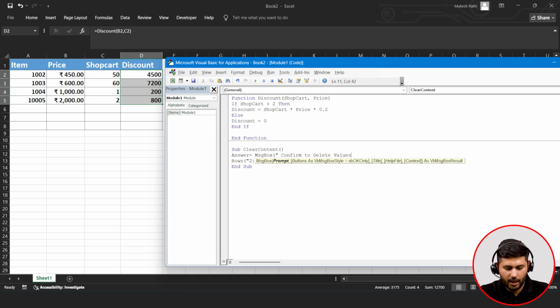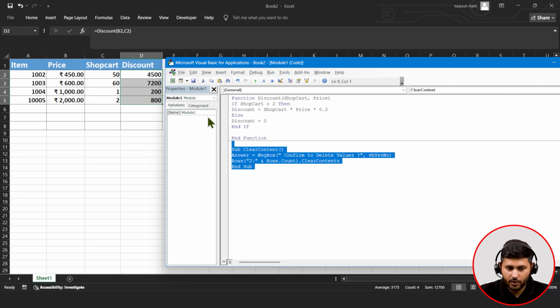Okay. I'll put a question mark, double quotes, and put a VB yes or no. That's the code for showing the options. Okay, VB yes, no. This is just a message box that will appear first. So now when I try to clear this content and run this particular box,